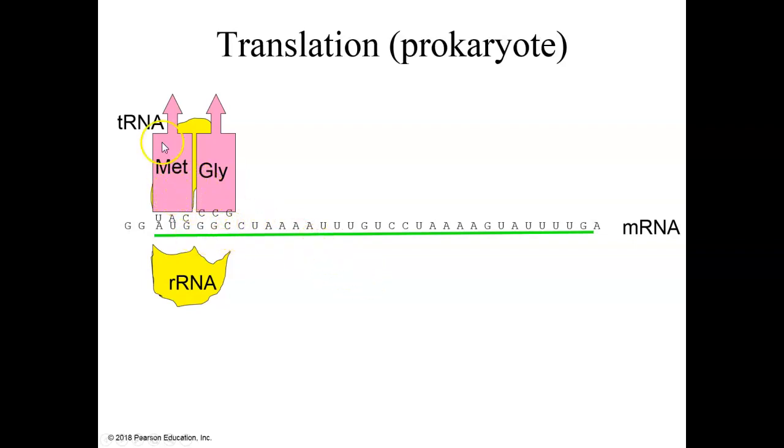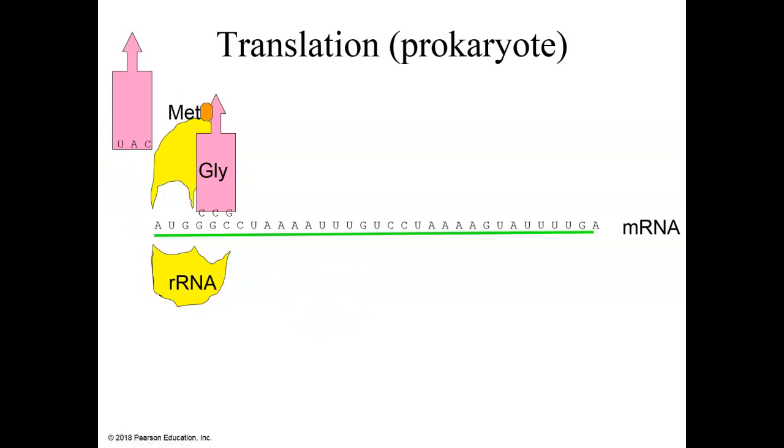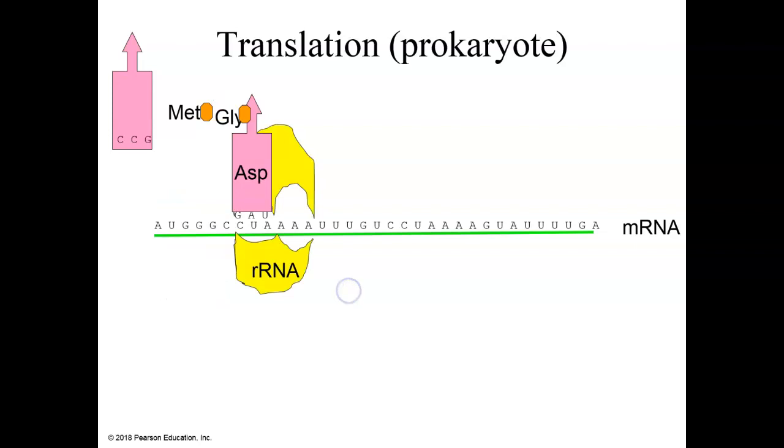They both bind, and then you're going to have a bond form between the methionine and the glycine. This bond is called a peptide bond. And so methionine and glycine are going to be bound together, and then these transfer RNAs are going to be able to leave and go pick up new amino acids. So here we have that bond. The first transfer RNA leaves, the ribosome moves,